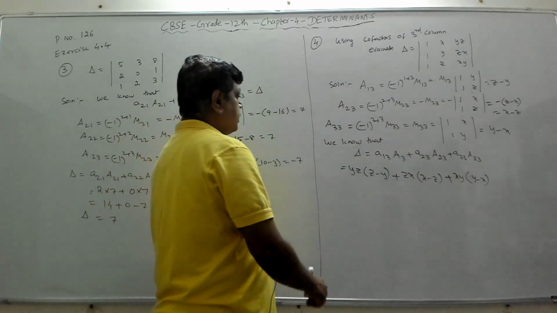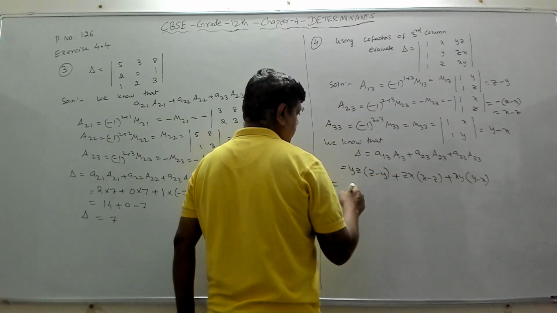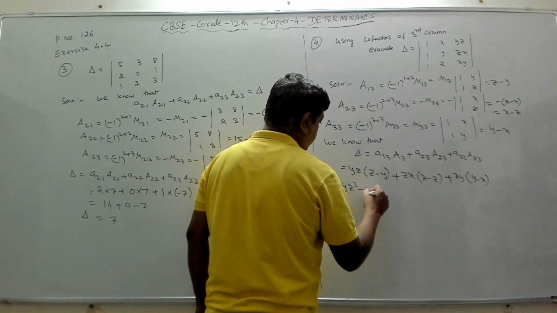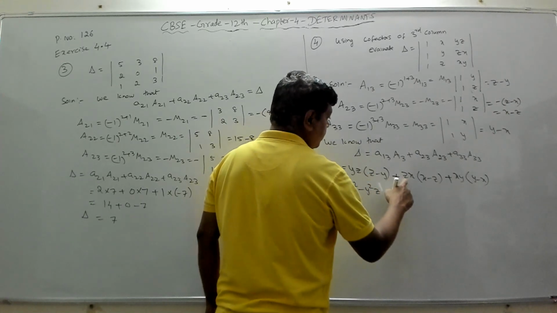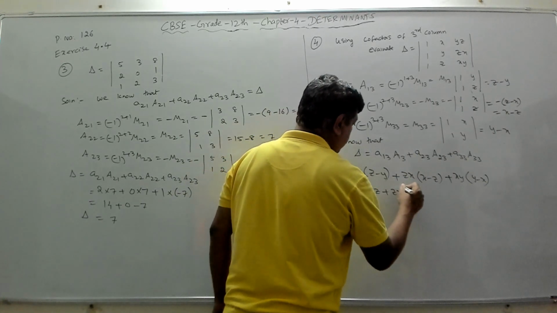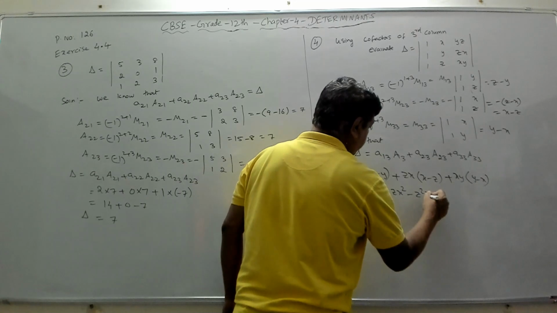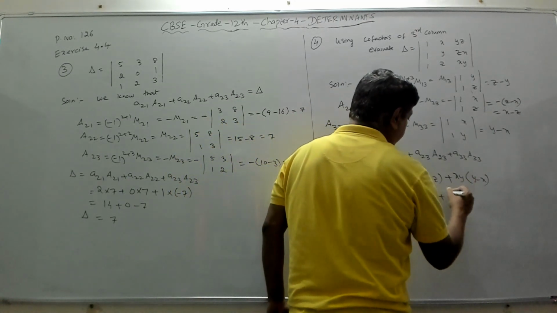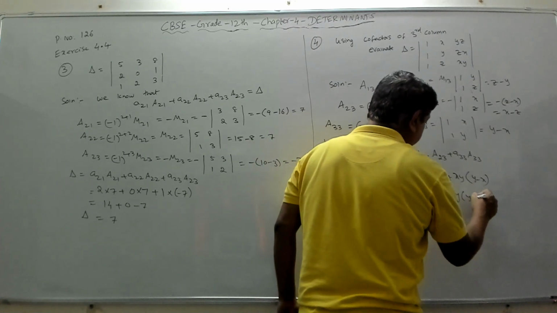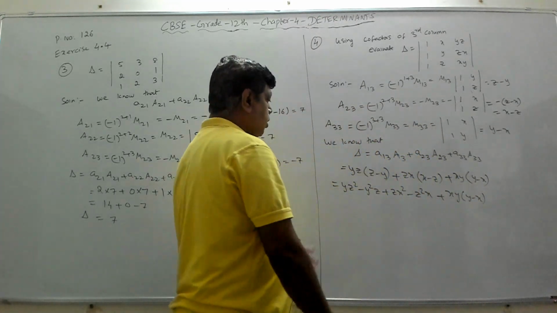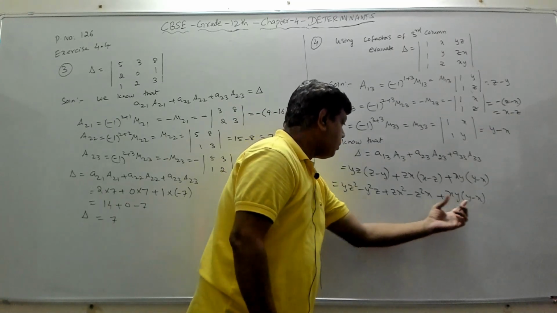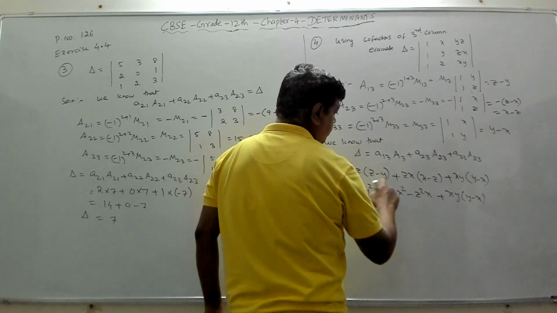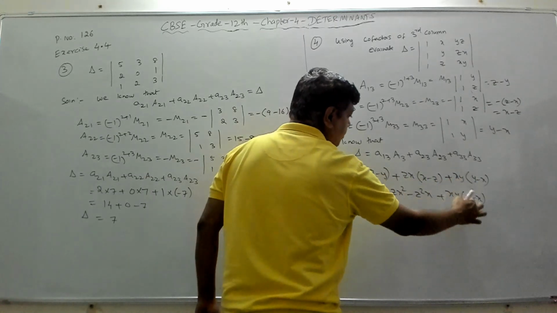Fine. Now let's multiply this. If you multiply this, y into this one is yz square minus y square z, then plus zx square minus z square x. Fine. Then plus, here we will write this as it is. I will tell you why. Let's not multiply this, because here this y minus x is coming common. I will show you how that is coming common. So only two of them I am multiplying, this and this. This I am keeping as it is.